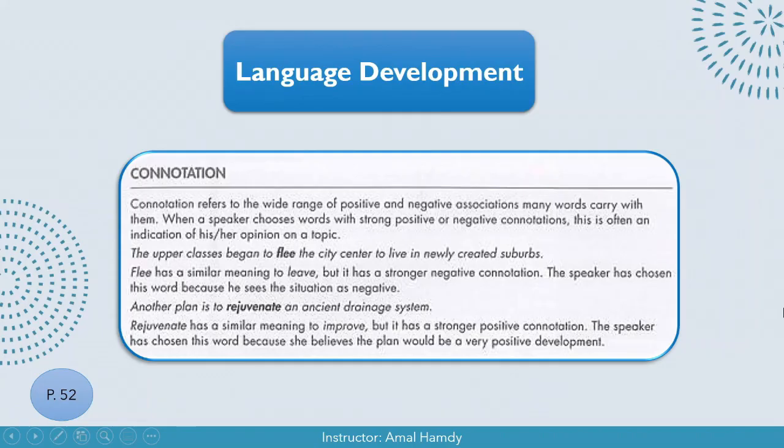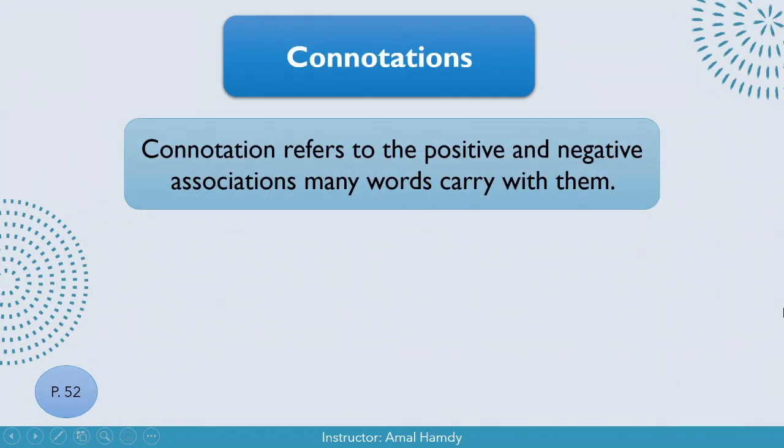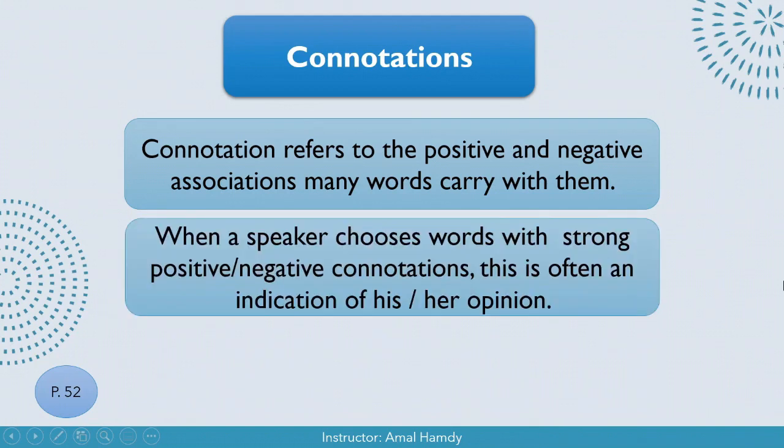Now we move to the language development part of the lesson, and today we are going to talk about connotation. Connotation refers to the positive and negative associations many words carry with them. When a speaker chooses words with strong positive or negative connotations, this is often an indication of his or her opinion. So if I choose a word with a positive connotation, this means that I approve of the things that I'm talking about. While if I choose a word with a negative connotation, this means that I disapprove of the